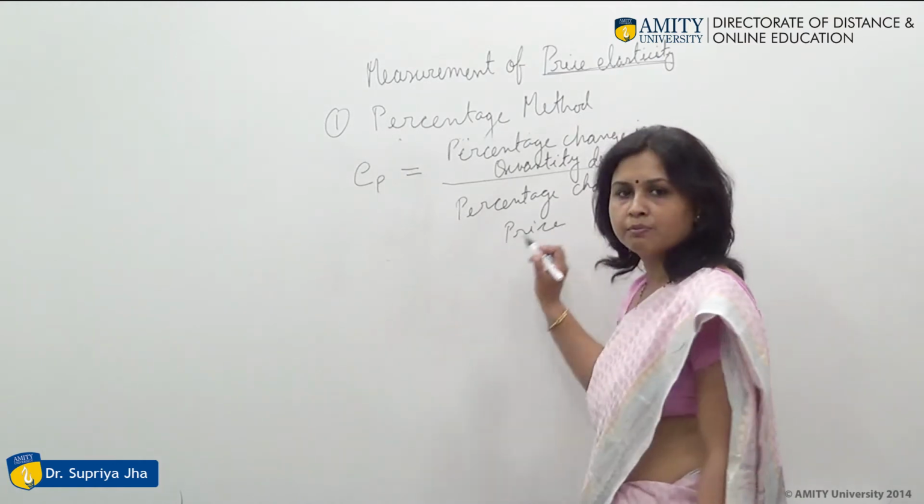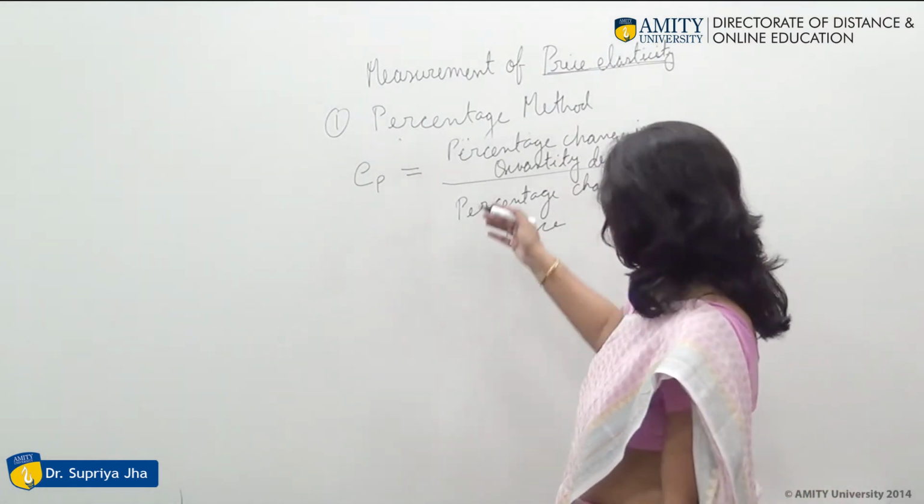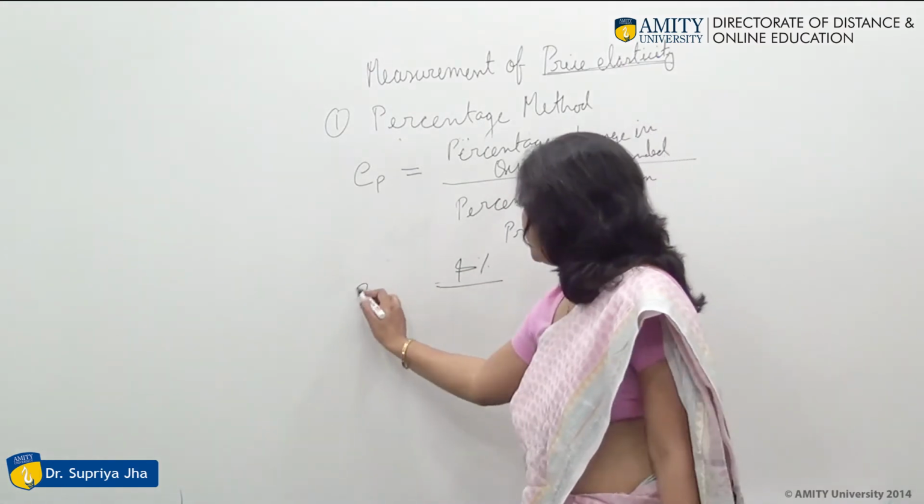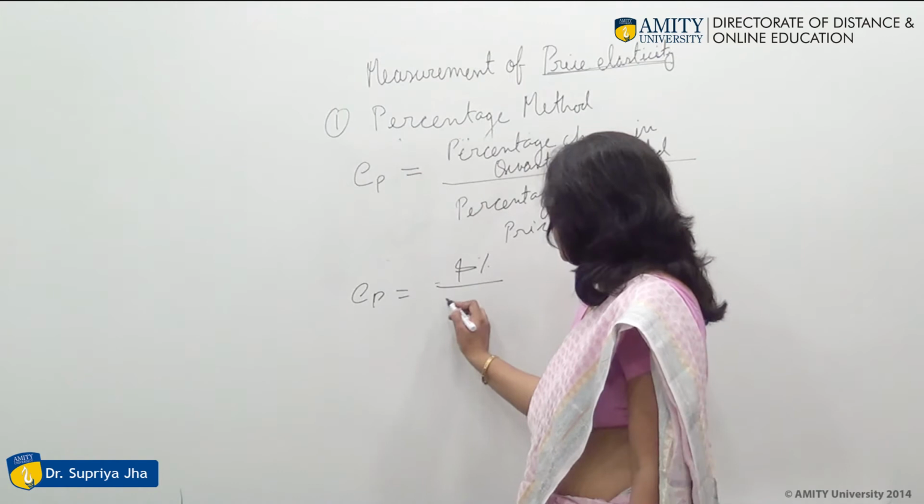We can take the example, suppose there is 4% change in demand, then EP is equal to 4